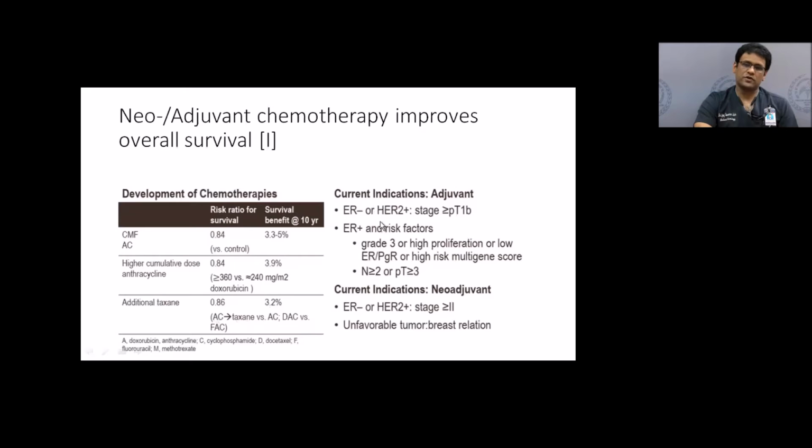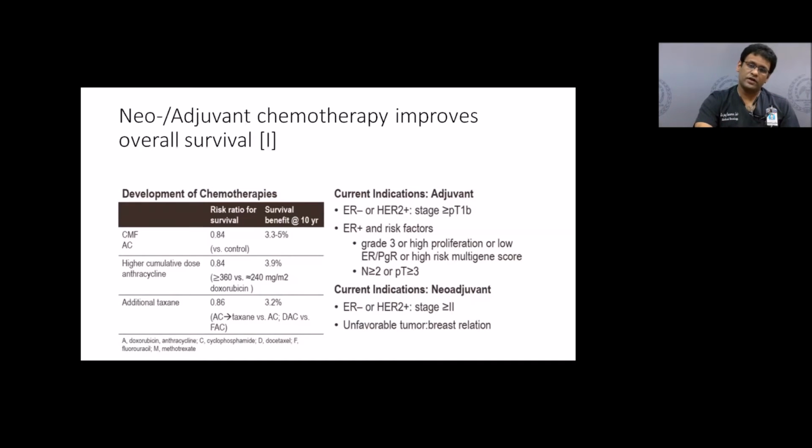The indications for using this chemotherapy are in all HER2 positive patients, in all triple negative patients, and those who are luminal B-like, which means they are ER variable, they may be positive or negative, and they have high-risk features which tell me in the clinic that maybe they are luminal B and therefore require chemotherapy. That is, they have a grade 3 or high proliferation or a relatively low ER expression, and they may be node positive or high T stage.